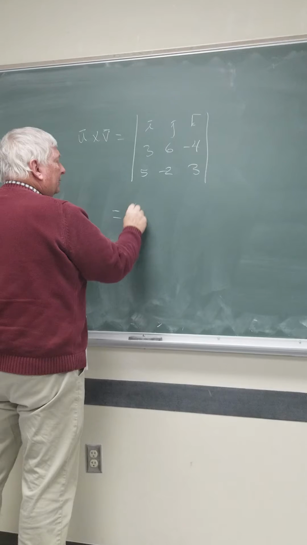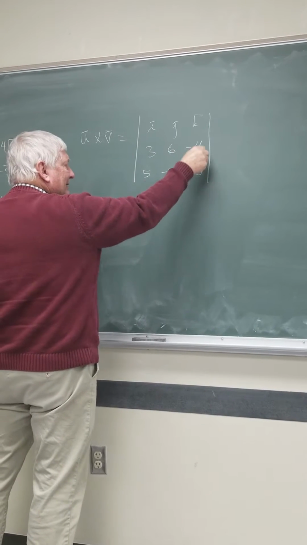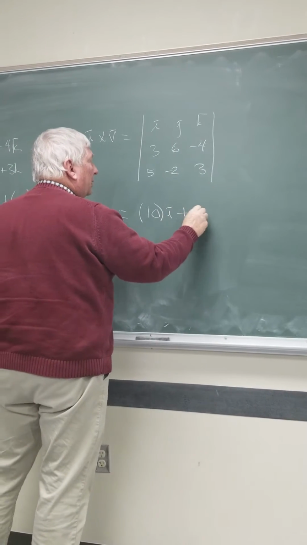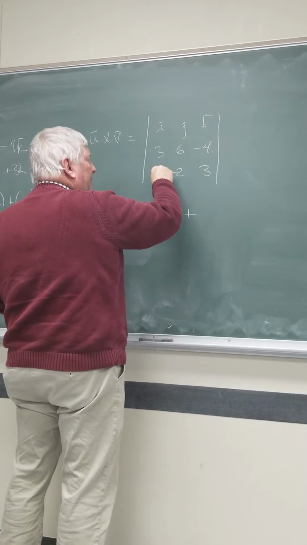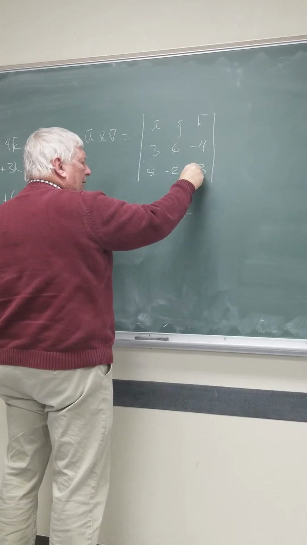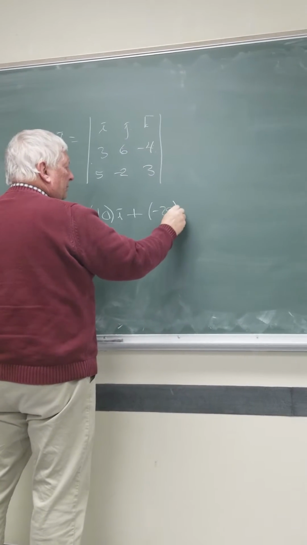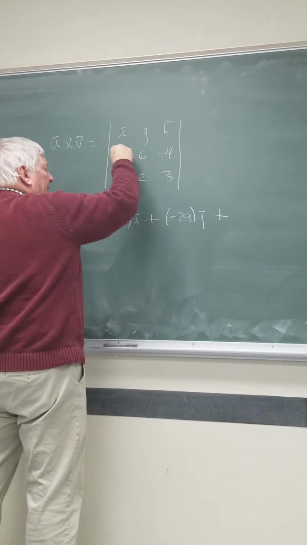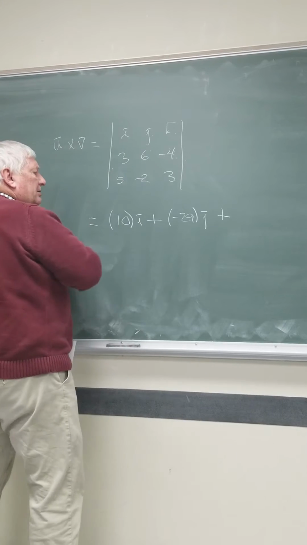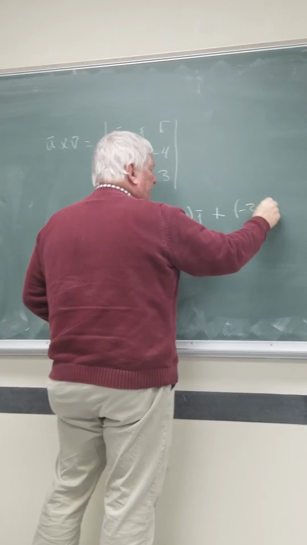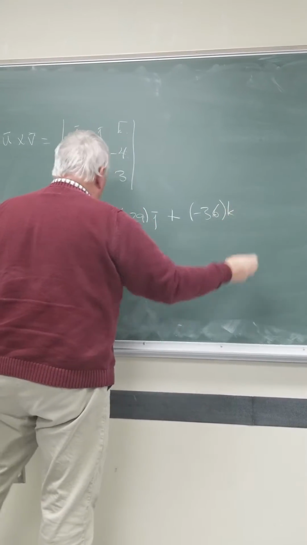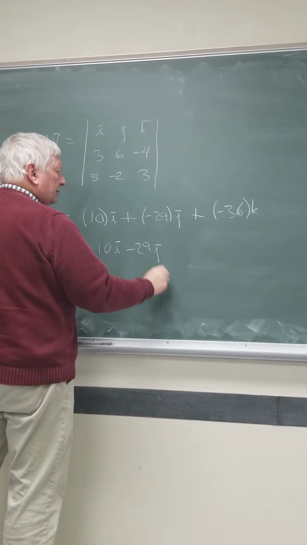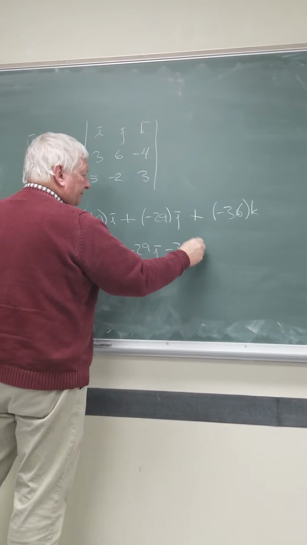Expanding that, we get 6 times 3 is 18, subtract 8, 10 times i, plus j, -20, minus 9, and 0.9j, plus k, and -6, minus 30,